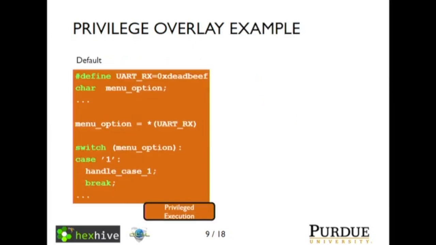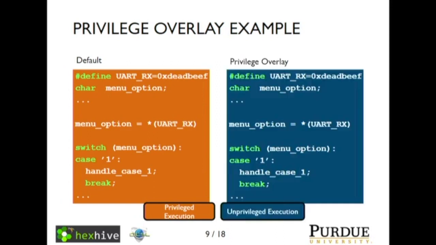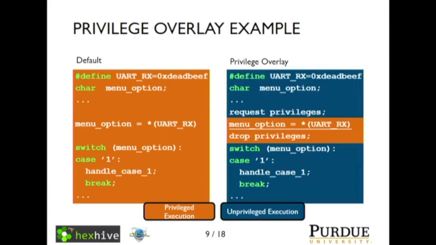So here, I'll go through an example. Here's the application on the left. We're going to say that accessing this UART is sensitive, so we're going to use the memory protection unit to restrict its access to only privileged code. The first thing we do is kick the whole program out of privilege mode. Then our static analysis identifies that this operation requires privileges. The compiler adds a request for privileges just before its execution, and then right after adds instructions to drop privileges again. The result is that just this small section of code would actually execute with privileges instead of the whole application.